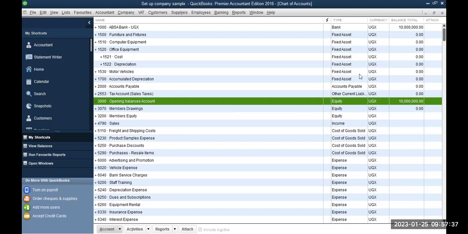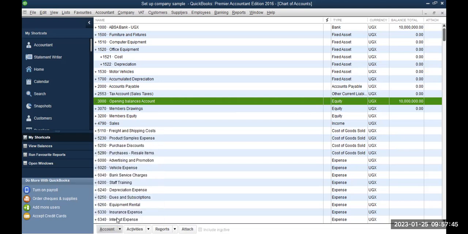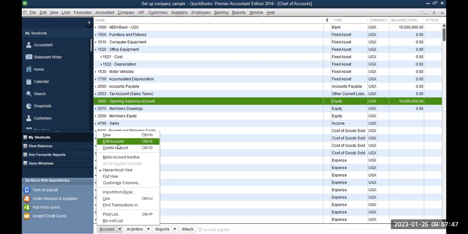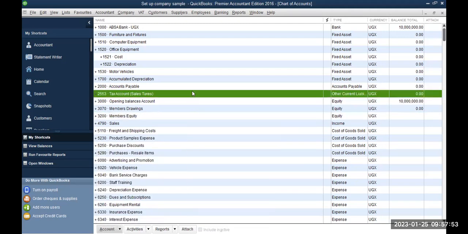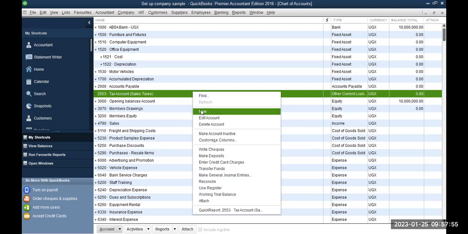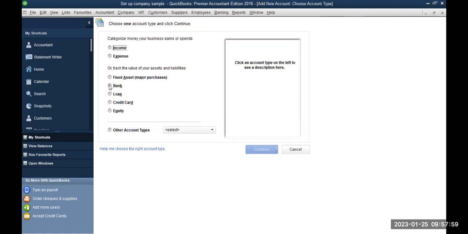So let me show you how to enter a bank account that is another currency. You can go through account, as I showed you before, and new. But because there are many ways to kill a rat, as they say, you can also be here on the chart of accounts and right-click anywhere on the chart of accounts and do new. So I'm going to enter another bank account. I choose bank, I do continue,